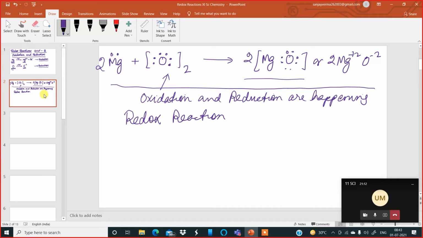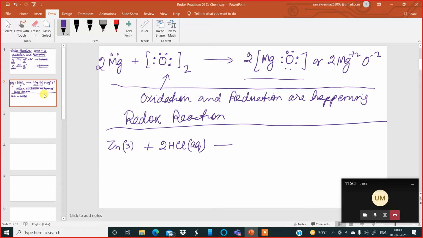So this is an example of redox reaction. I think this much is clear to all of you. Now let me give you another example. Say I react zinc metal, solid zinc metal, with dilute hydrochloric acid, HCl,